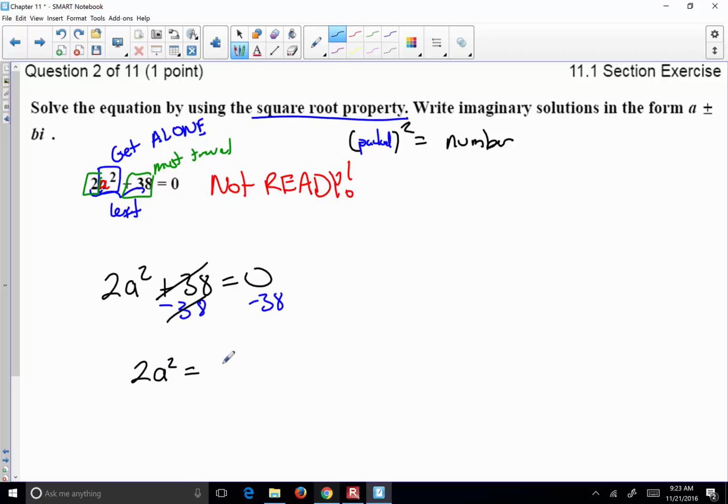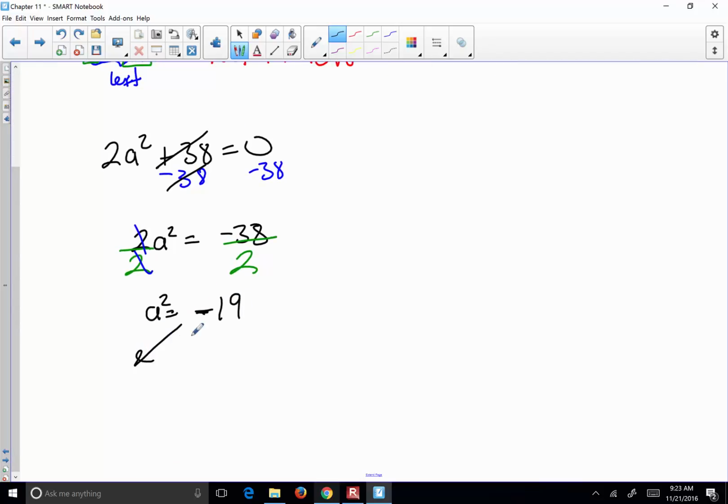Look, 38 is moved to the other side. You see? Now what is next? We need to travel 2. It's multiplication, so you need to divide by 2. And a squared is, what is 38 divided by 2? Minus 19. And the last stage is the final check. Is this thing alone? Yes. Is this thing a number? Yes. Square is alone, and a number on the other side. This question is ready for